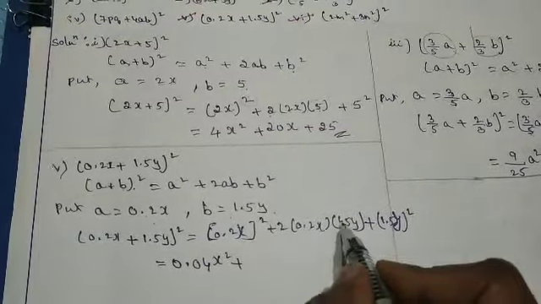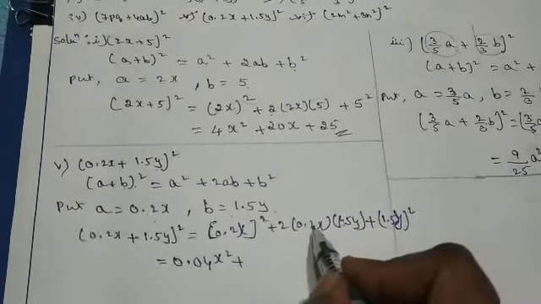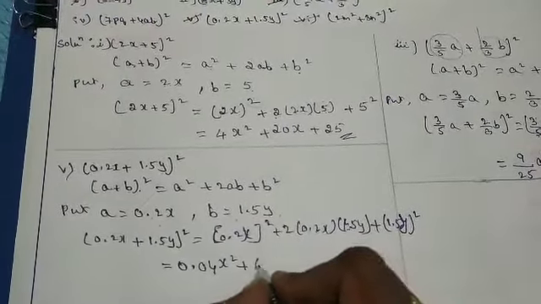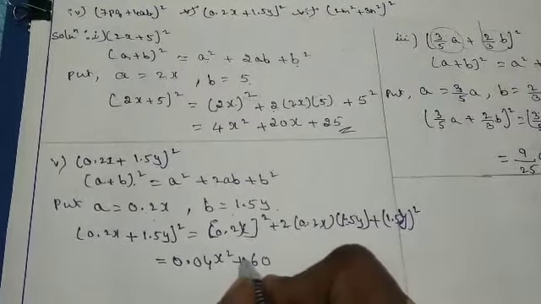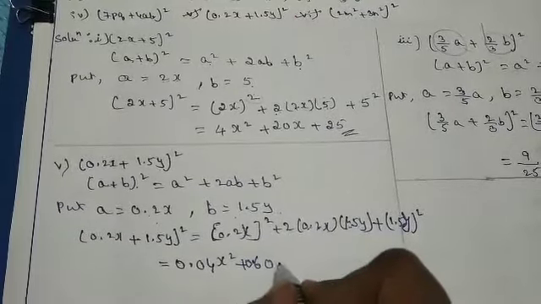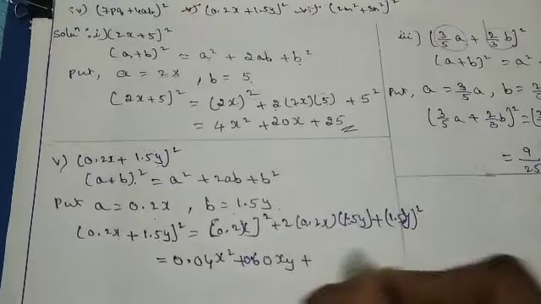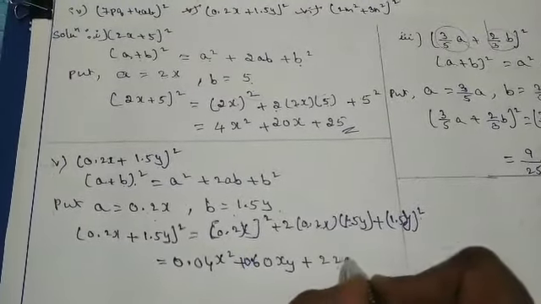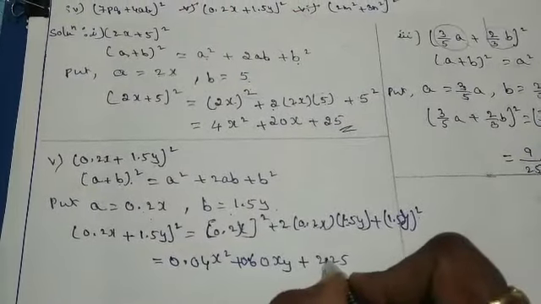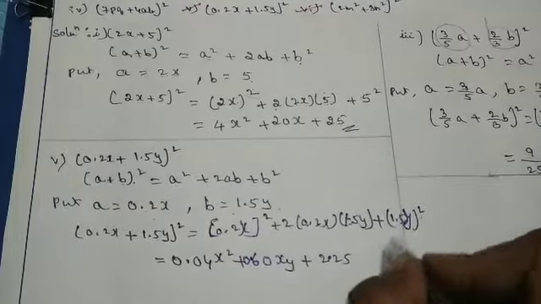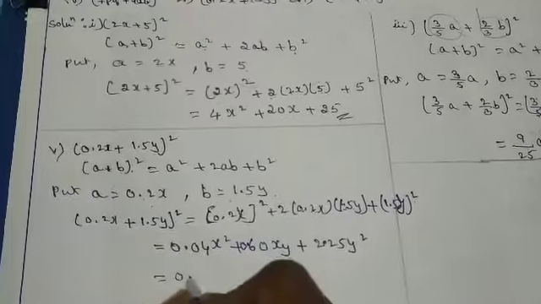Plus, now multiplication with the numerical coefficient: 1.5 into 2 into 0.2. So let me multiply with the numbers first. 15 2s are 30, 30 2s are 60, right? Then after the decimal there are two numbers, that is 0.60, and it comes with the variable x into y, that is xy. Plus 15 square is 225, but since you have one decimal point and square, that is 2.25, then equate the square to the variable y square.